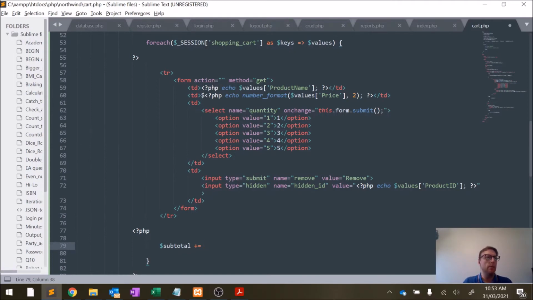What are we adding? We're doing values price times quantity, right? That's how you calculate the total, the number of items times the price, times